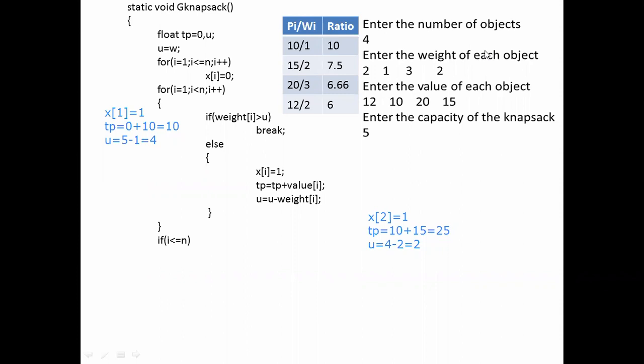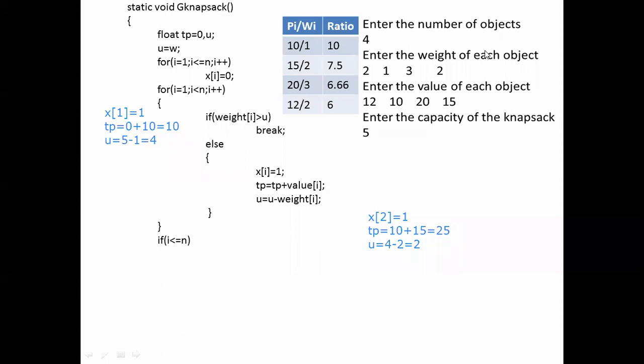When we try to enter this last item, the remaining capacity of the knapsack is 2 and the weight of the item is 3. Right? 3 greater than 2, condition is true. So it will call break and come out of the loop.